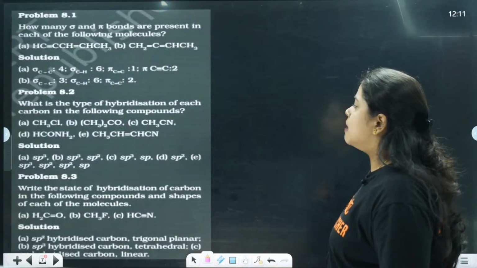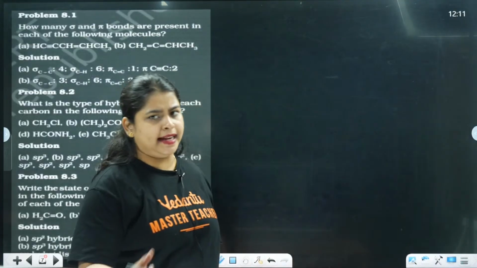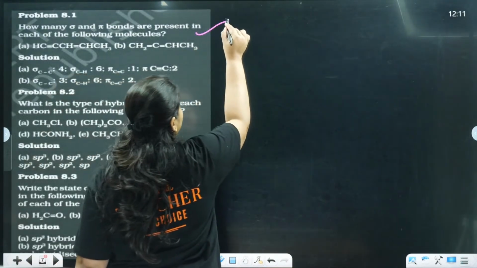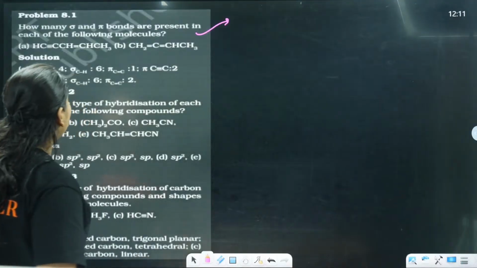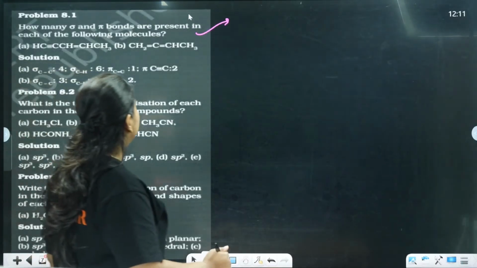Clear? Next comes one problem which is there in your NCERT book itself, so that you will have an idea about the concept. So I am trying to solve these problems also. Okay. So the first problem is what? They have asked how many sigma and pi bonds are present in each of the following molecules. The first option they have given is HC double bond,